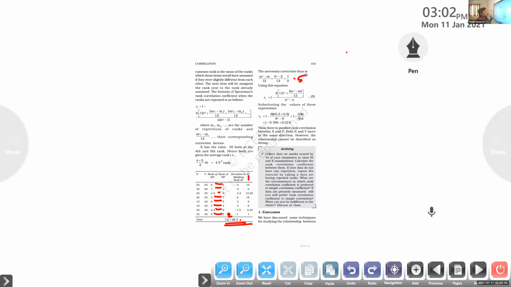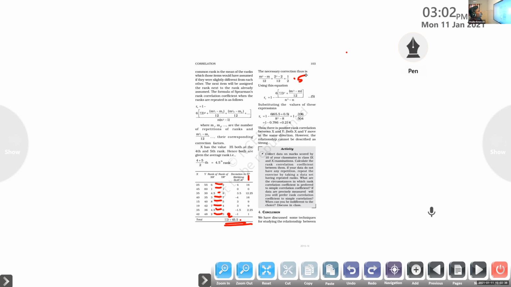Now check in your textbook also. There you can see 2 M values are there, in which one set 2 data are repeating, right? No, 3 are repeating there. 10 value, 4.5 and 2.5, right? Check there. So the maximum repeating value is 10, so 3. Second one is 2. So just take 3 and 2 and correct it, so you will get that answer.